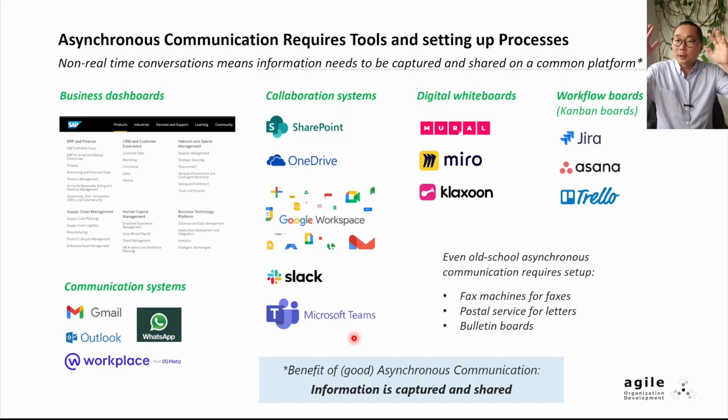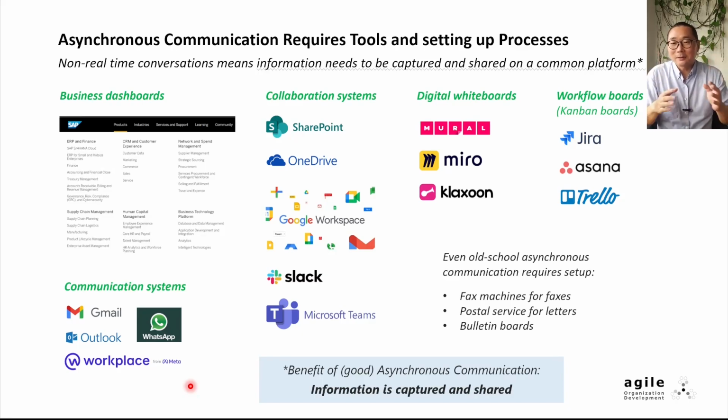Okay? So there's an adoption hurdle to asynchronous communication. Facebook tried to sell a business version of Facebook Messenger called Workplace. I had a client organization adopt it and was forced to use it for team communication. Guess what happened? The important and real messages happened outside on WhatsApp.